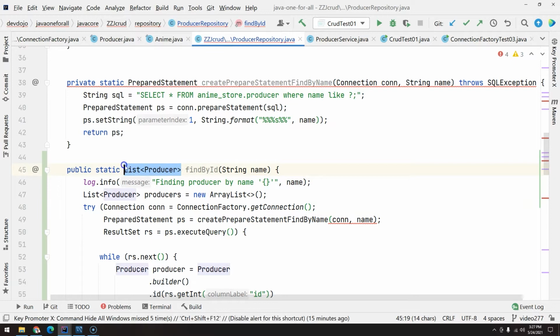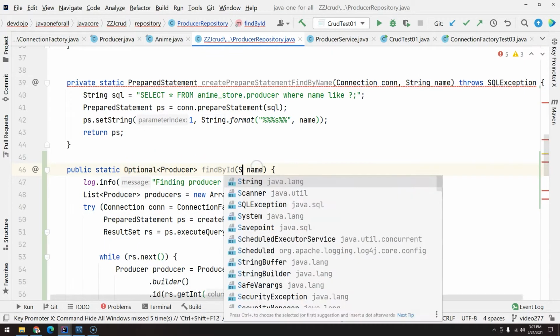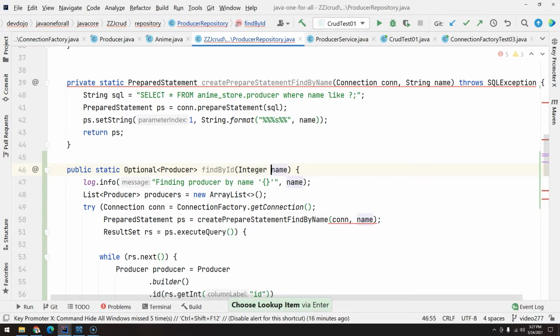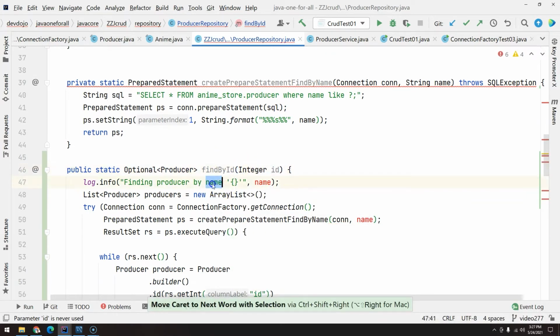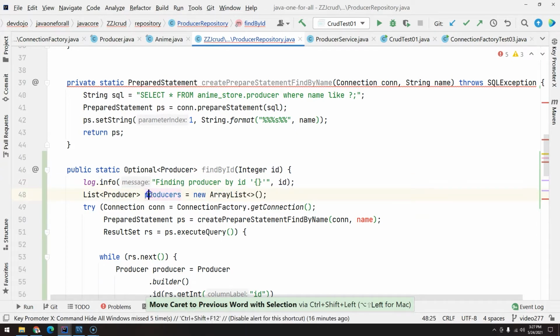We have a couple of options. You have the option, when you don't find, to throw an exception, or we can use optional here, saying that there's a chance that we are not going to find the producer, and whoever is calling will have to handle that. And here we are going to ask for ID, find producer by ID. You remove the list,